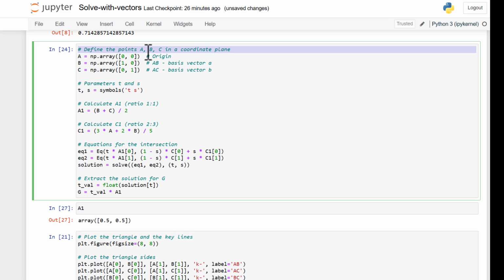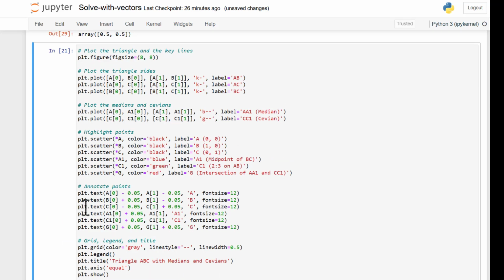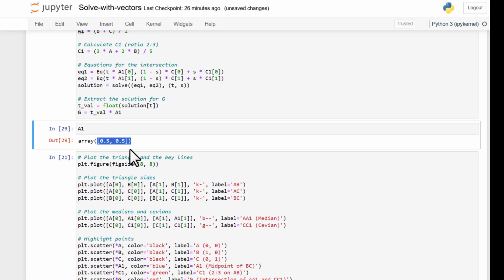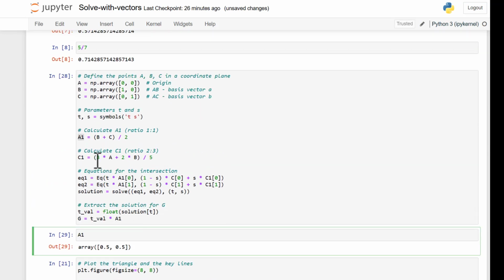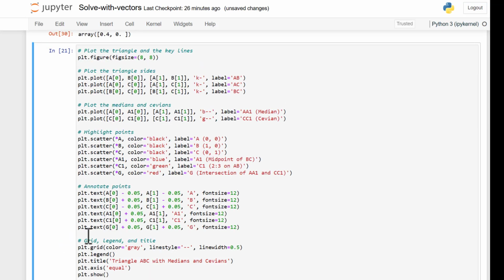First we define the points A, B, and C. It's obvious that it's easier to write the basis vector as orthogonal triangle. Why is it obvious? It is obvious because it is easier, so we go for the easier. We calculate the ratios, and we can take a look. If we run this one here, for example, if we have A1, it would say 0.505, so pretty much A1 is split exactly, and C1 for X and Y would be